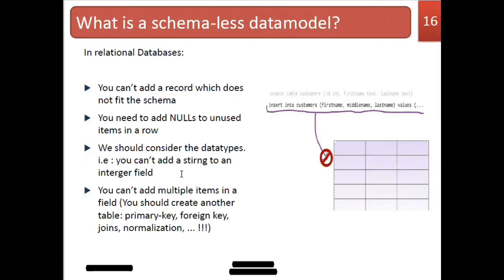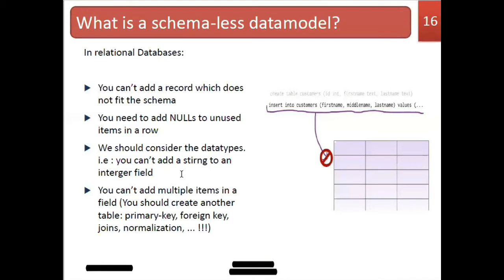So we actually studied this in the normalization concept. The first normal form disallows multiple items or multiple values, okay, or composite values, right? So if composite values or multiple values are there, then they should be separated and simplified. Okay, you have to make it a separate table, right? So these are the main important things we will be doing in the relational databases when you are saving the data.